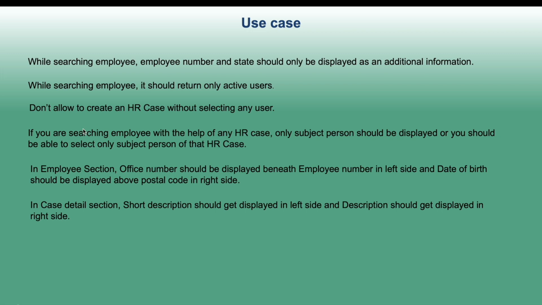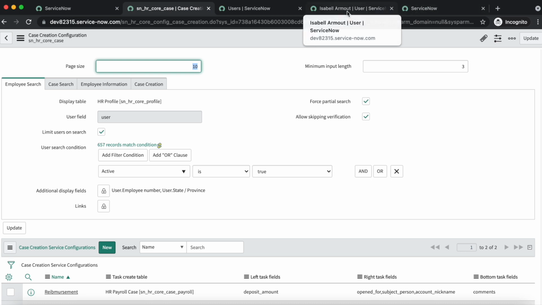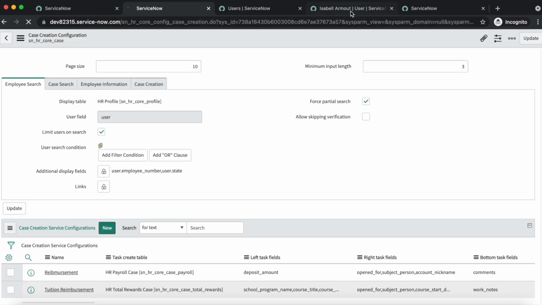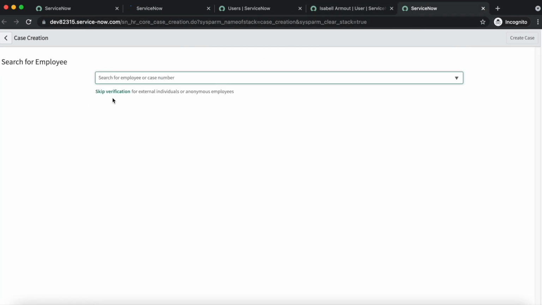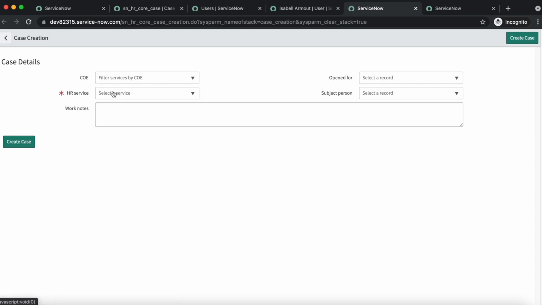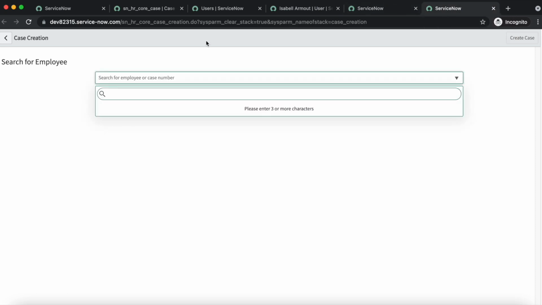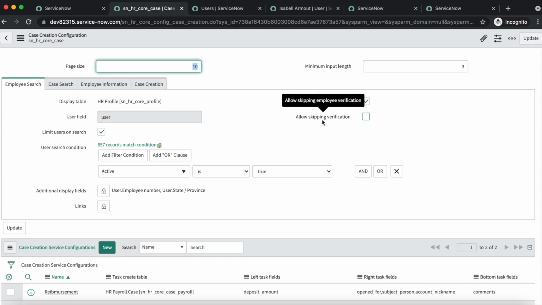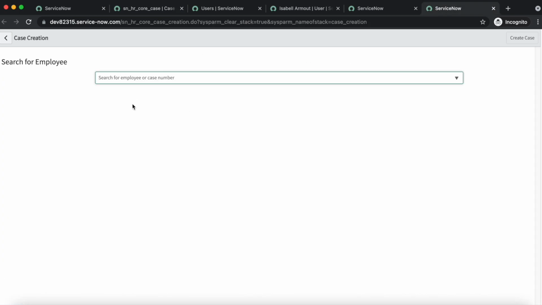Now the third is, don't allow creating an HR case without selecting any user. So for that we have a checkbox, allow skipping verification. So once you uncheck it and save it, right now here you can see that we have a skip verification. So once you click on that, we don't have to provide the employee name. So for that I have disabled the allow skipping verification checkbox, and